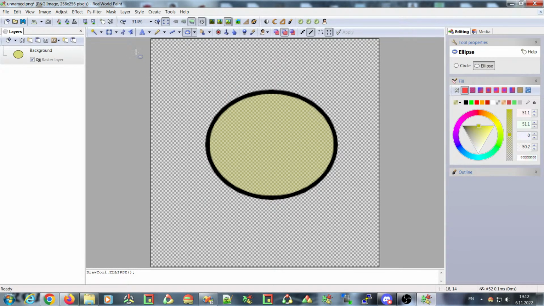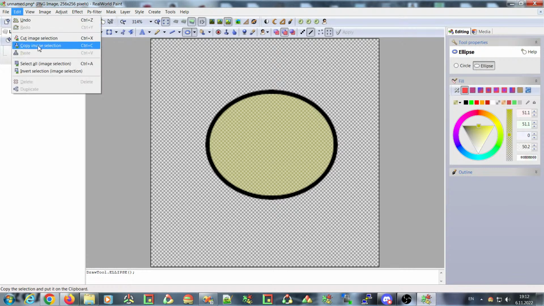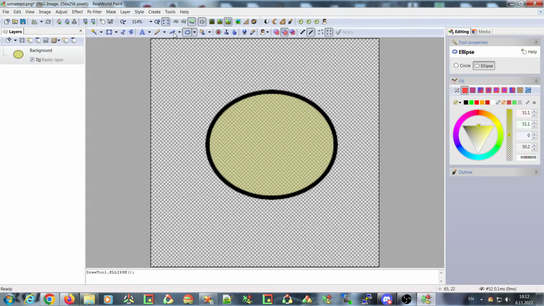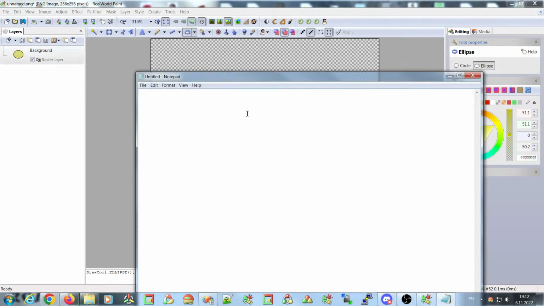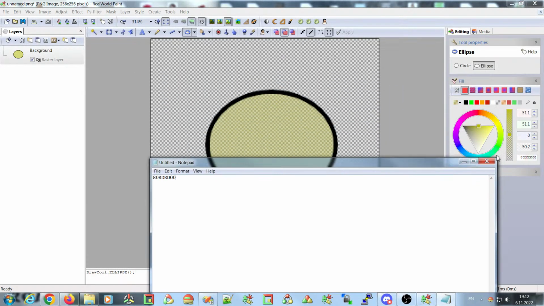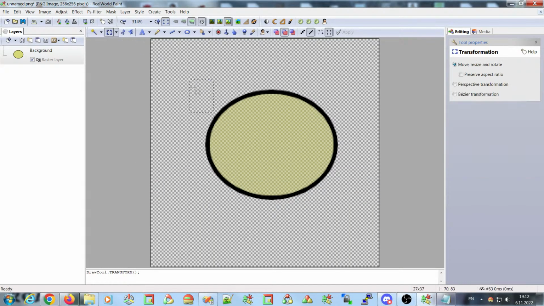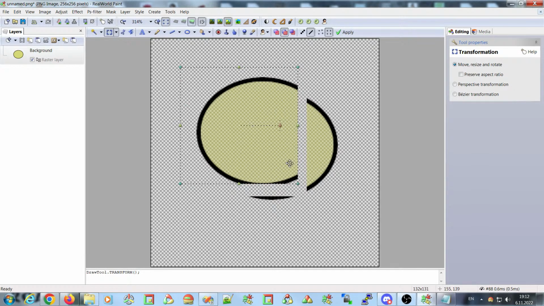So when you are in an application and you hit Ctrl+C, you expect the selected item to be copied and placed onto the clipboard. But what is the selected item? When I, for example, select this color code and hit Ctrl+C, and then I open Notepad, you can see that the color code was copied as text. But if I, for example, select part of this image and hit Ctrl+C, then you expect that the image will